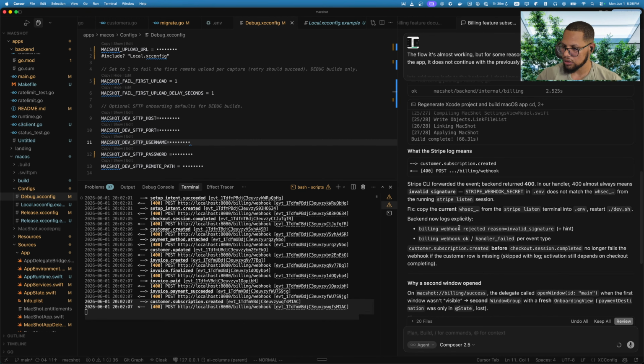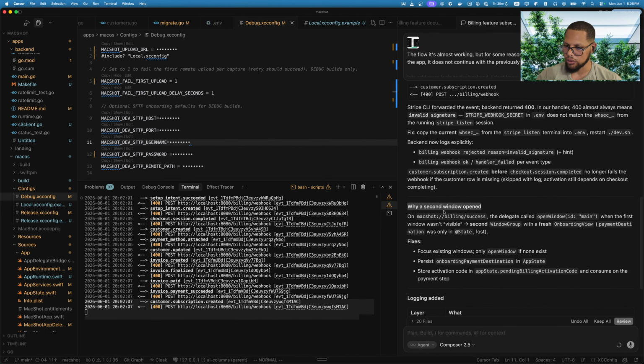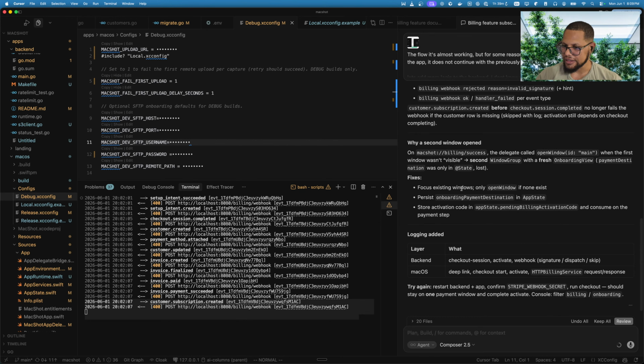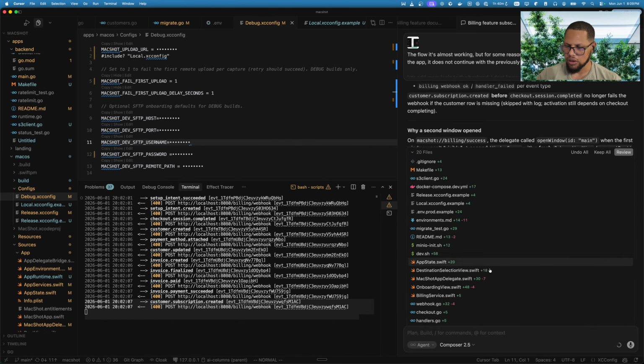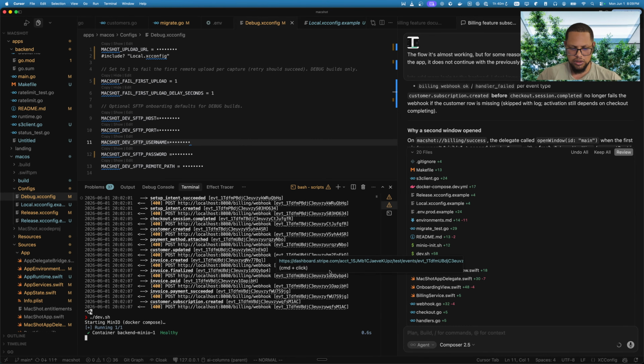The second window opened because the delegate called OpenID main when the first window was invisible. The second window group fresh fits as focus windows only, and only open the window if none exists. Persist over payment destination in app state. Store activation in codes and consume on the next payment. Okay, I think so. If I start this,